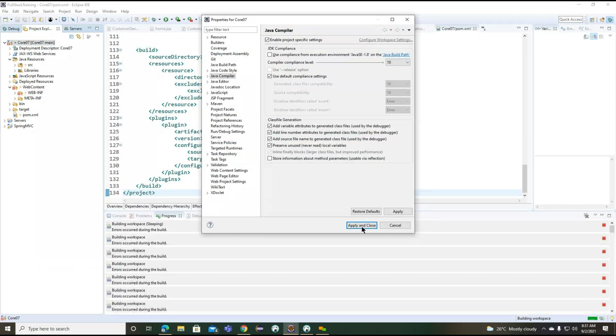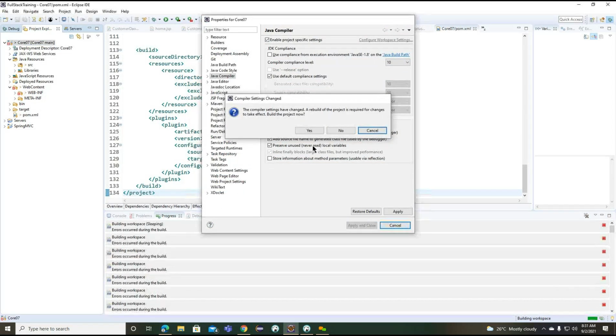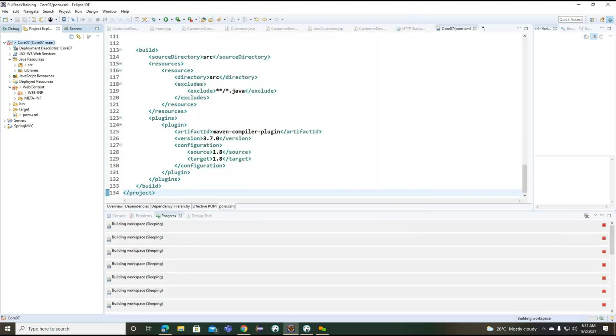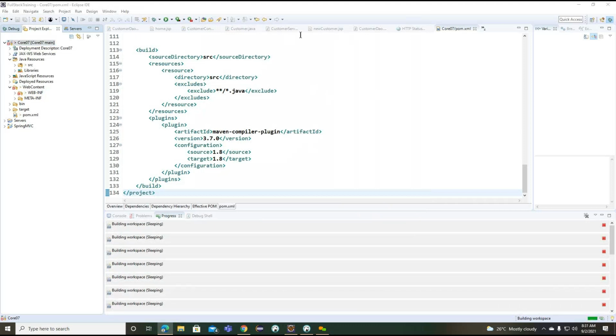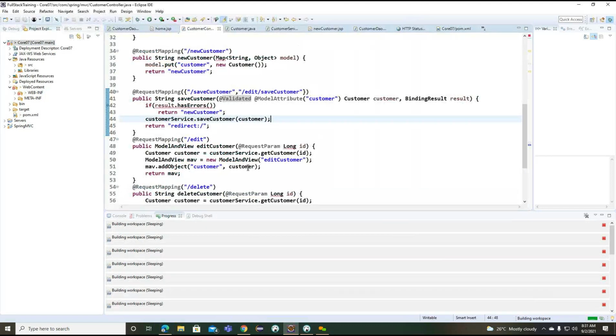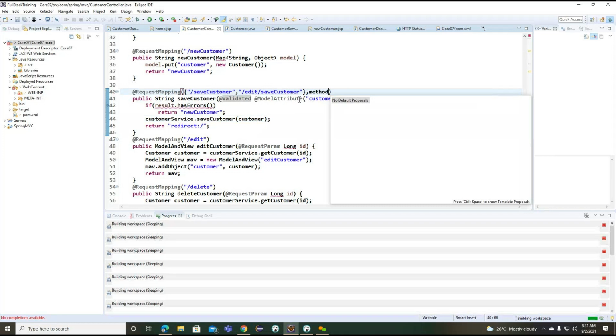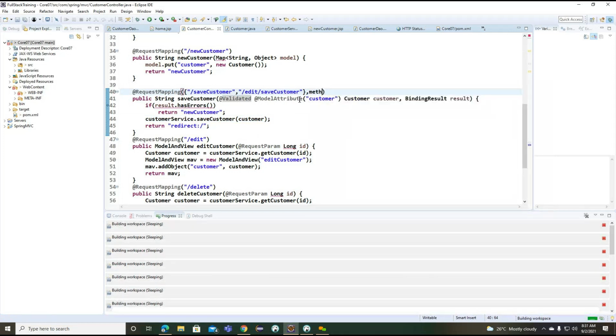Okay, we'll go for the 10. So now we need to understand the customer controller. So here request mapping we provided, and we did not provide method here.